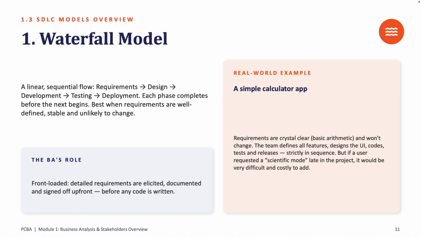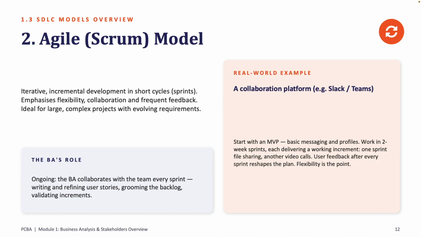If you talk about systems, mostly we will talk about the user interface. Then codes, tests, and releases, strictly in sequence. But if a user requests a scientific mode late in the project, it will be very difficult and costly to add, because if you move forward, there is no going back. It's not very flexible, and you can't make any change in between. Then